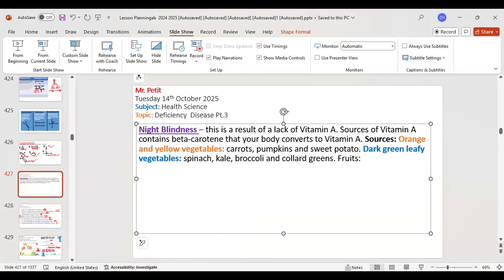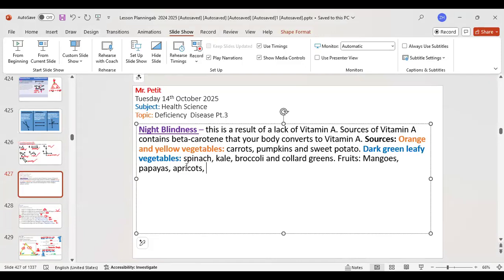I was wondering if it's also yellow vegetables, wouldn't it be like one of those yellow bell peppers? And two, I was wondering what night blindness would look like for someone who has it. Oh, you mean the symptoms? I didn't mention that. Okay, so we can mention the symptoms. It's basically a loss of sight in the night. So you can't really see clearly at night. And what about the yellow bell peppers? Yeah, he researched it and they do contain some. They do actually, but it turns out red peppers have more vitamin A than yellow.